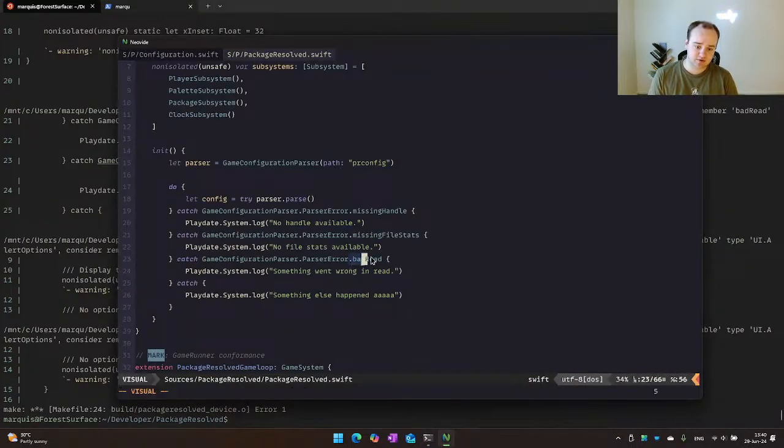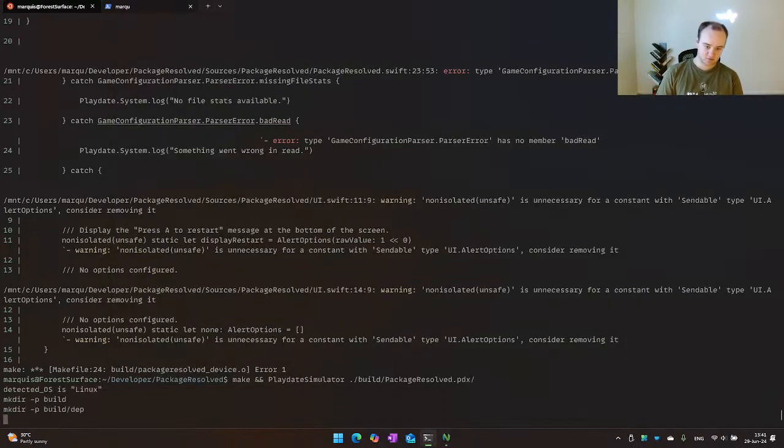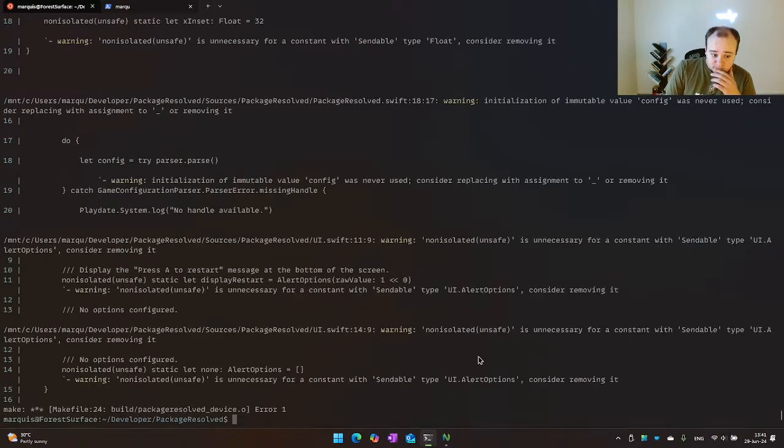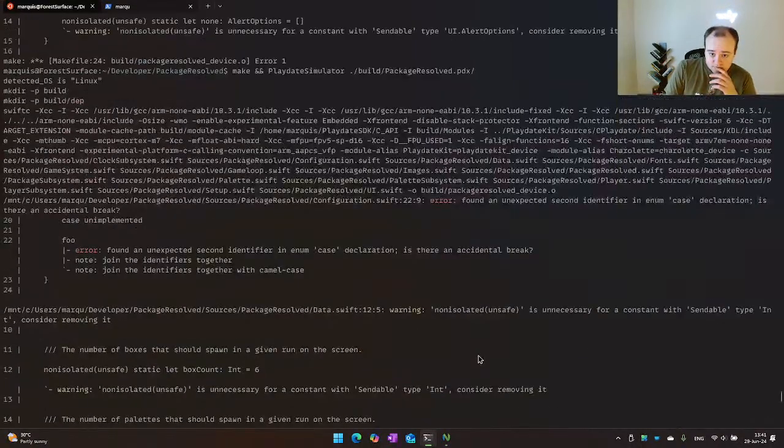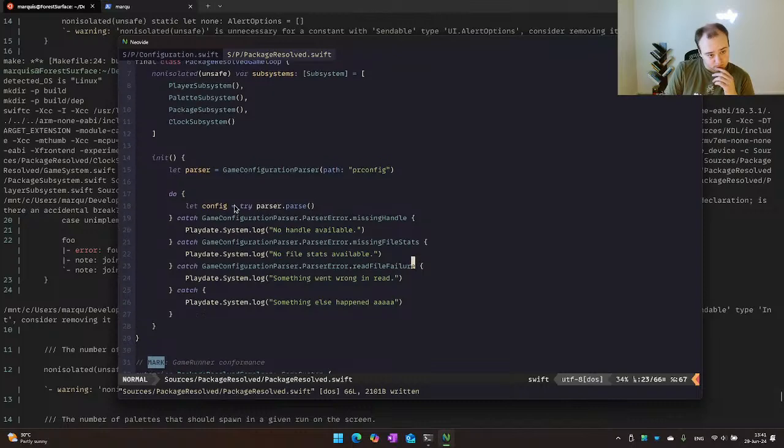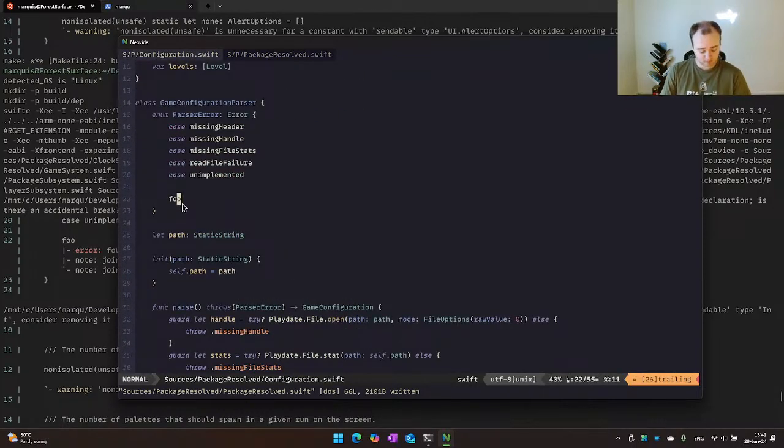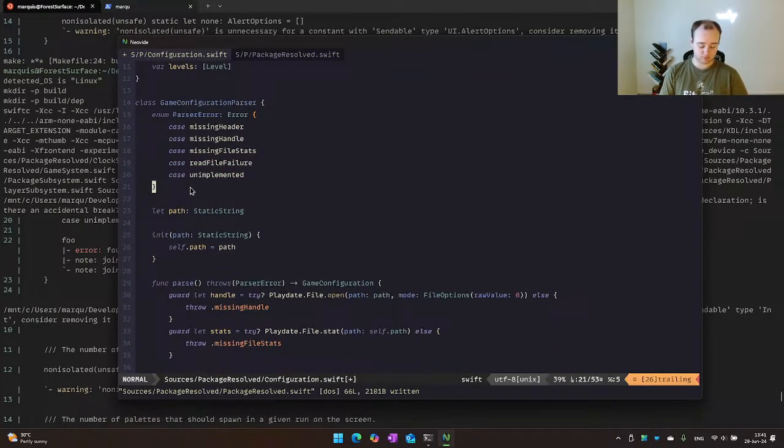We forgot to change this. Fine. Read file failure. Okay. Found an unexpected second identifier in case declaration. Great, you picked that up.